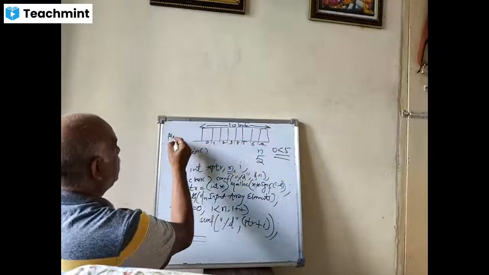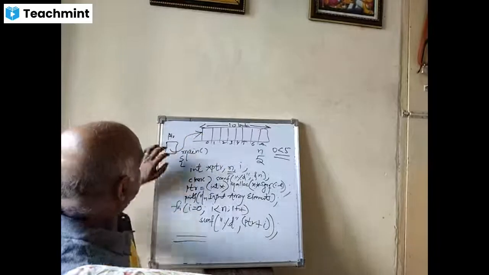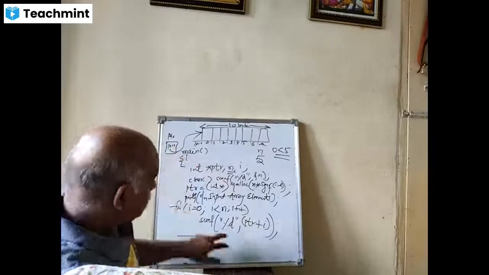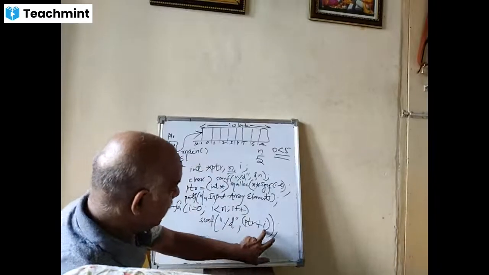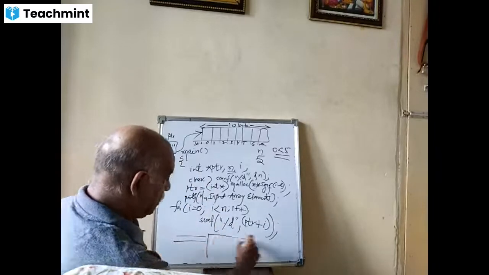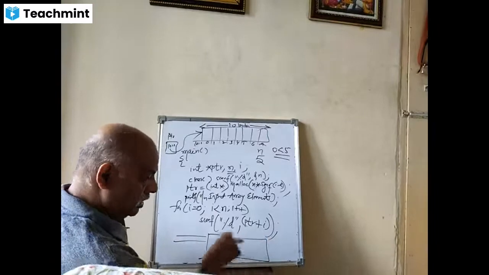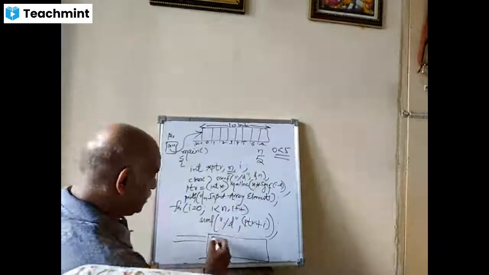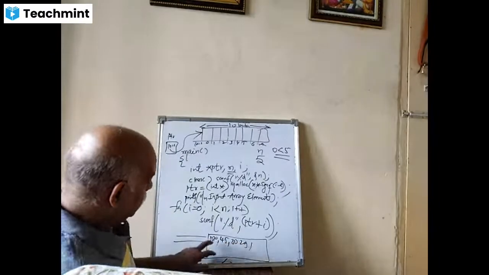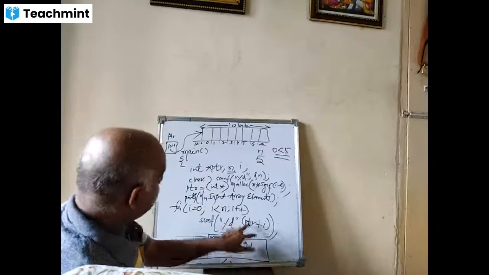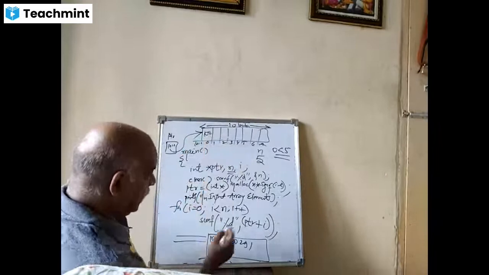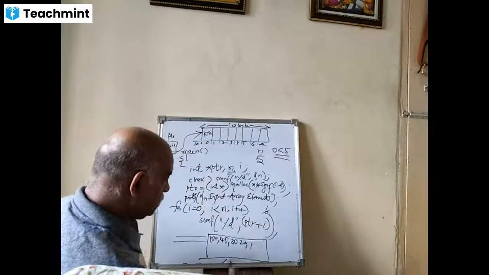So ptr is pointing here. For example, this is 1000. When i is 0, ptr plus i is 1000 plus 0, 1000. Whatever value you type on the keyboard, for example 5 elements: 100, 45, 30, 20, 1. So when i is 0, 1000 plus 0, which value goes to this location? 100 goes. Then i becomes 1.